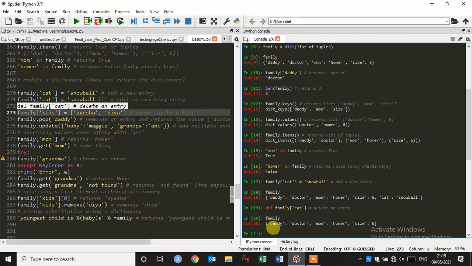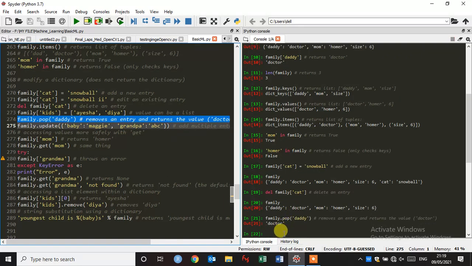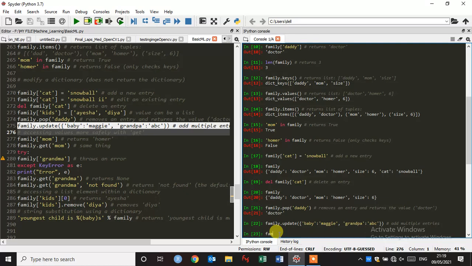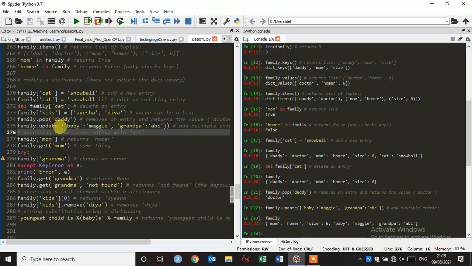And family dot pop removes the entry and returns the value doctor. And how to do family dot update? Check it here. Family is updated. Mom is the key and the value is Homer, size 6, baby Maggie, and grandpa ABC. So here I also updated two things in the dictionary.